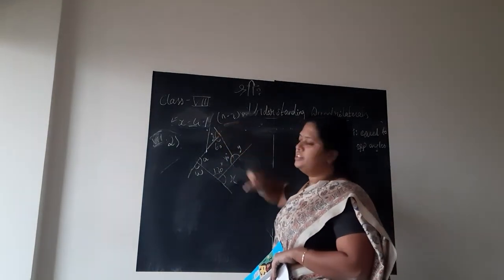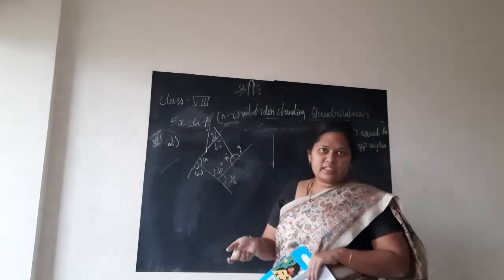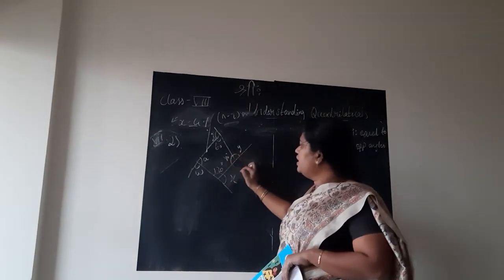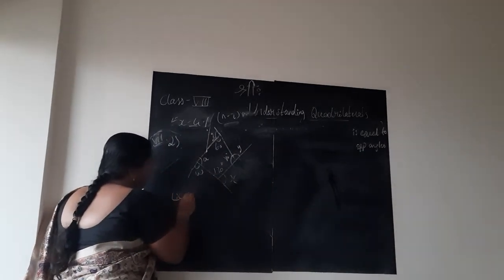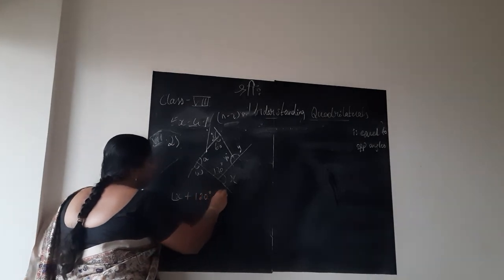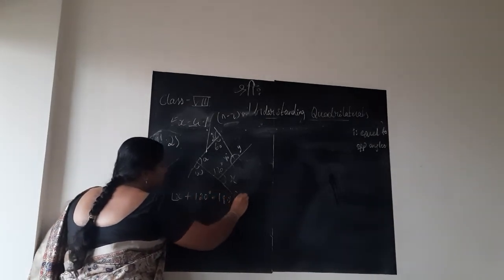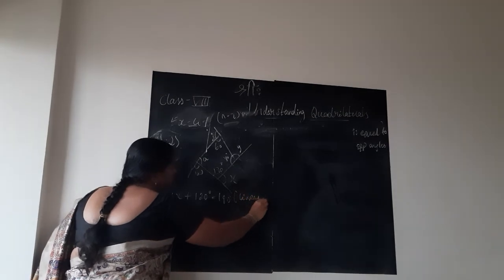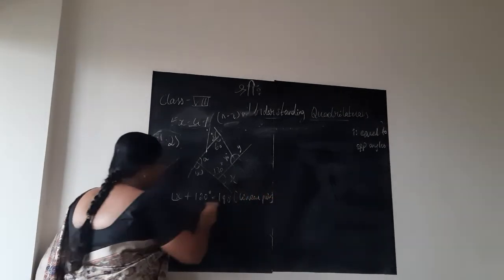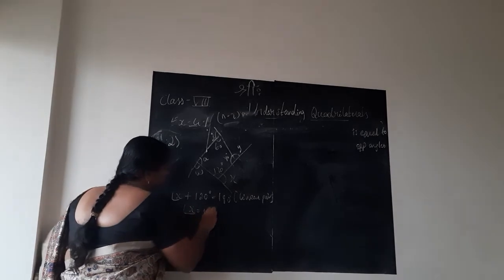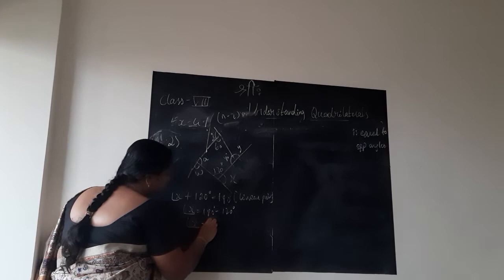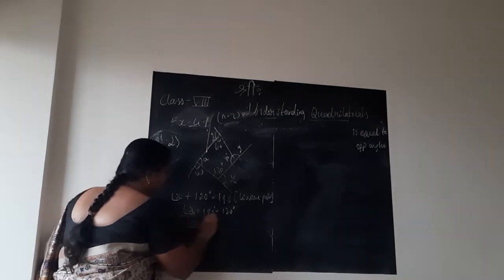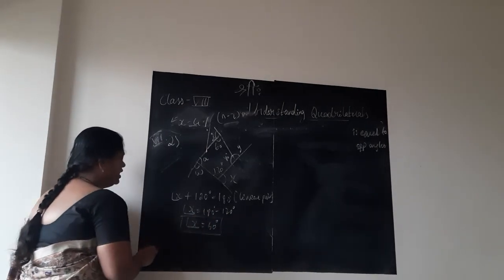z and 60 degree make a linear pair, so we can write them as equal to 180 degree. Similarly, y and 80 degree are a linear pair, x and 120 degree are a linear pair. So we shall start from x. Angle x plus 120 degree is equal to 180 degree. Why? The reason you should write, as I said, is linear pair in bracket. Angle x is 180 degree minus 120 degree. So 180 minus 120 is clearly 60 degree. So we find out what x is.